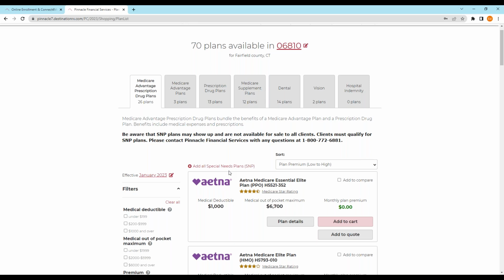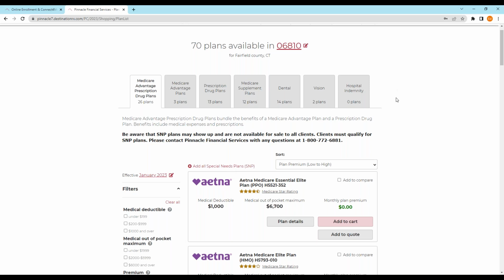That option comes in really handy for something like the SilverScript Smart RX, which isn't going to be commissionable for 2023, so it's not going to be in the ready to sell status because it doesn't pay commission for 2023 for new sales. But if you have existing clients with it, you still want to quote and compare it and see how your existing clients on the Smart RX look compared to the other drug plans. For those existing clients, the Smart RX is paying commissions on existing for 2023. They're just not paying for new.